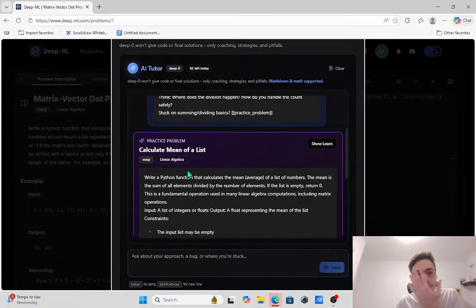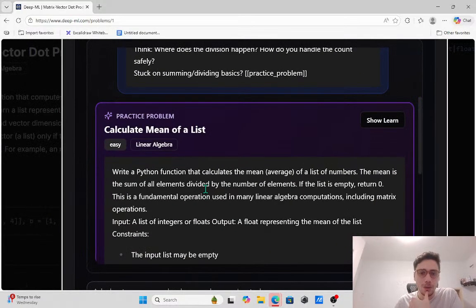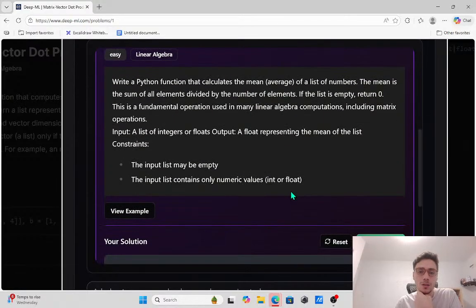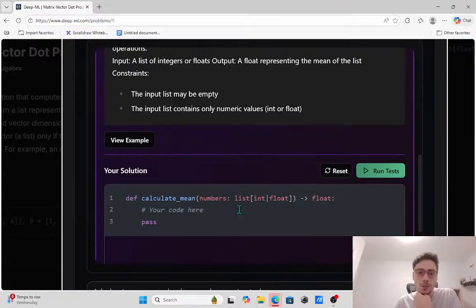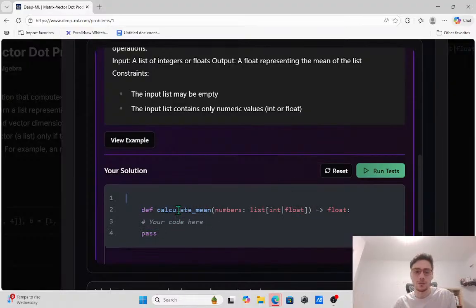Calculate the mean of a list. So let's solve this quickly, and then we'll go back to the daily question. Write a function that calculates the mean average of a list of numbers. The mean is the sum of all elements divided by the number of elements. Okay, we know what the mean is. Calculate mean, list of numbers. So theoretically,